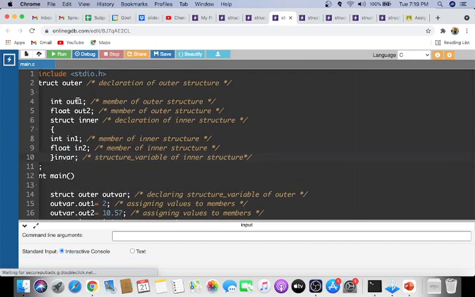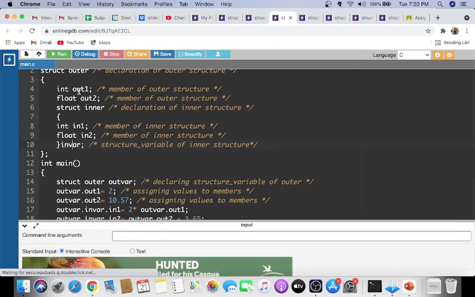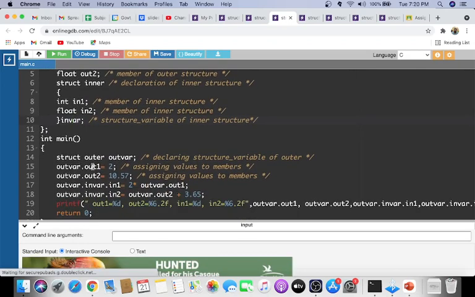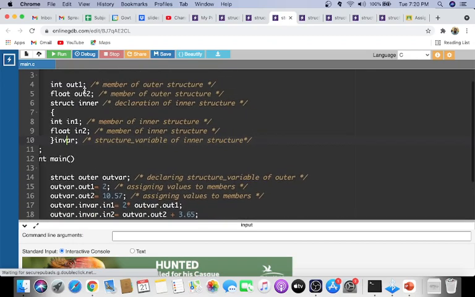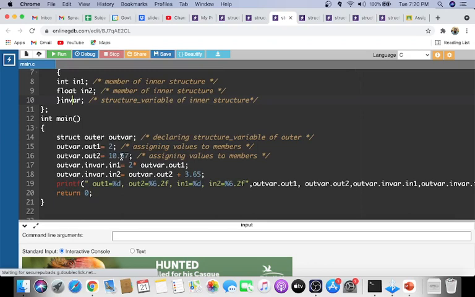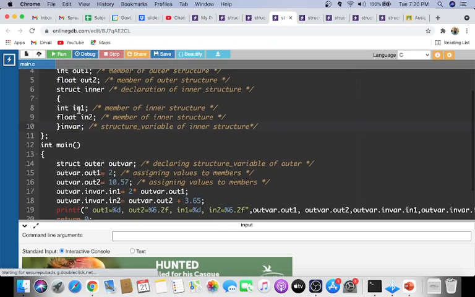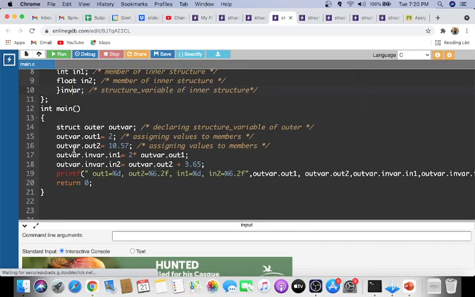Now you can assign values to this. You know how to assign out1: outvariable.out1 equal to 2. You are assigning it, then outvariable.out2, you can assign some float value. Now if I want to assign some value to in1, what do I have to use? I have to use a dot operator. So outvariable is the outer structure.